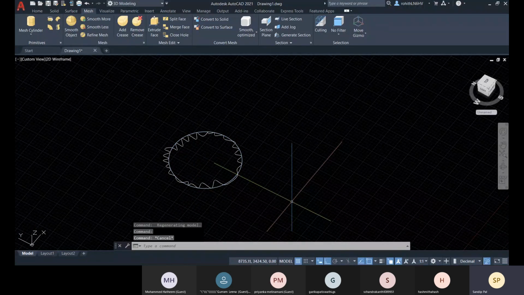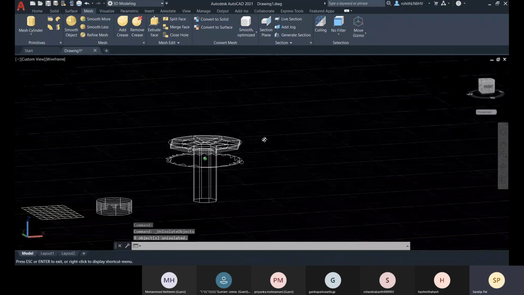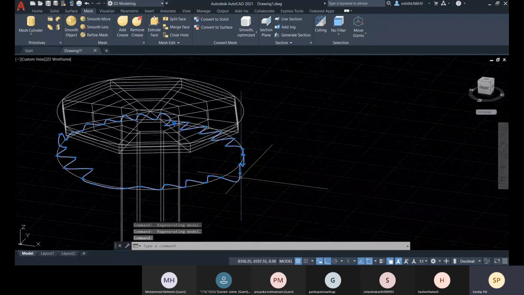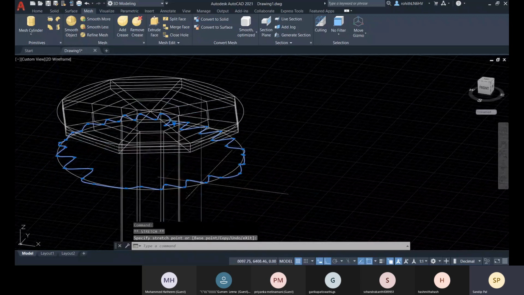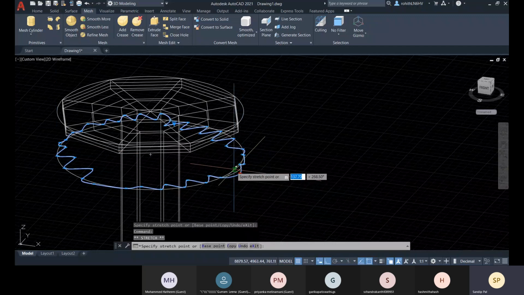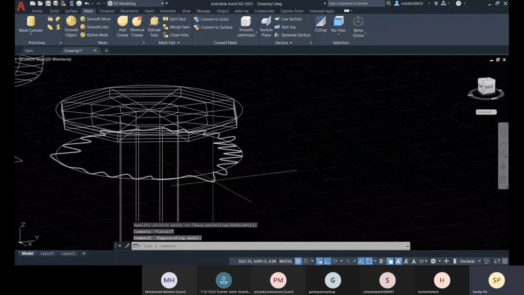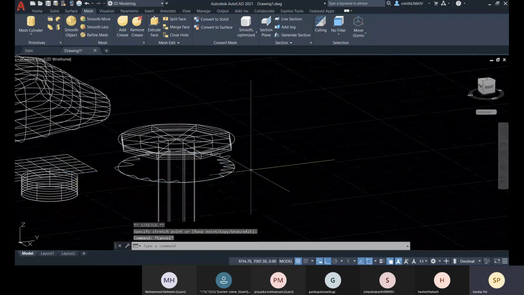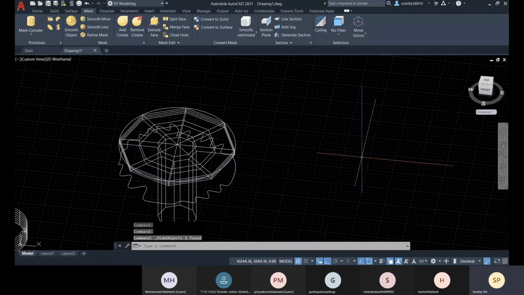Now let me just right click and object isolation there, and about this thing, we will fix this later. Right. Let me just hide this circle. Hide object,